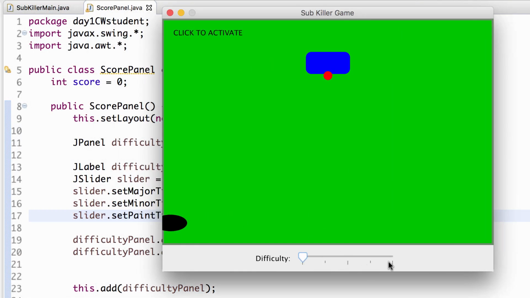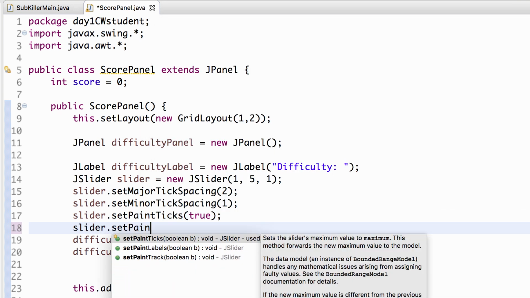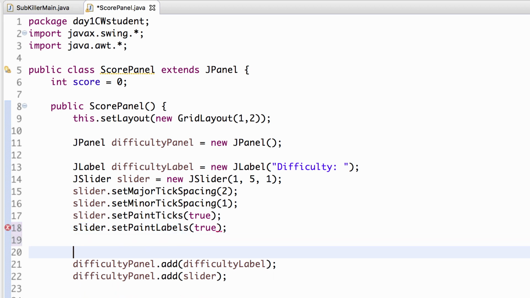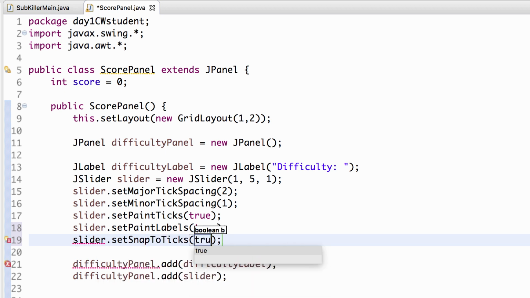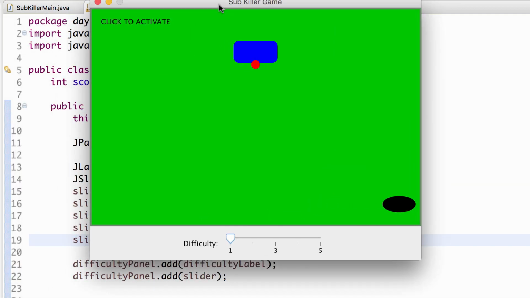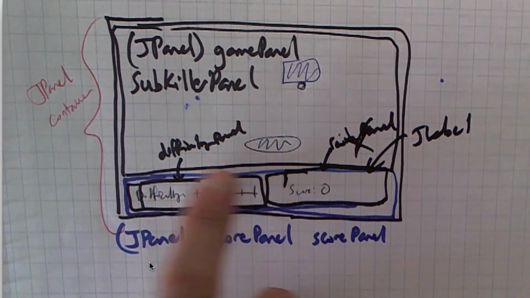So every other one is ticked more. And then we can do things like slider.setPaintLabels. So it tells me what number it is. I'm not sure why, but these are all false by default. And then slider.setSnapToTicks, which will just make it so it doesn't get some weird kind of halfway spot. All right, and that looks good. Okay, so we've got our game panel and our score panel, and all we need now is to modify our